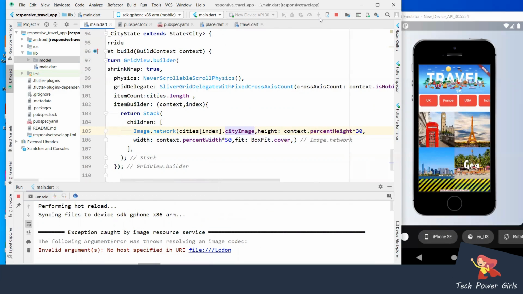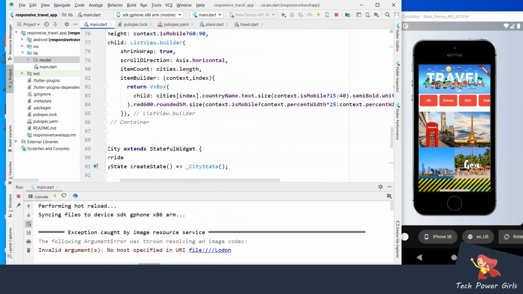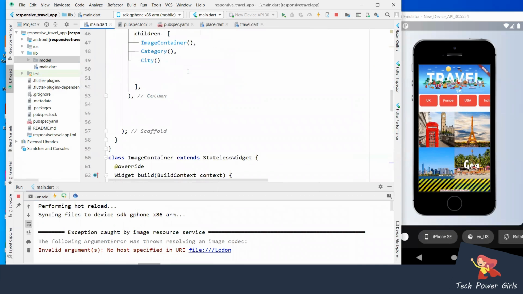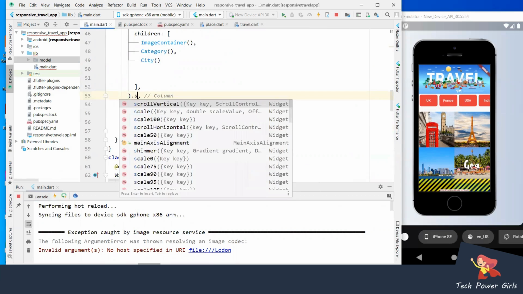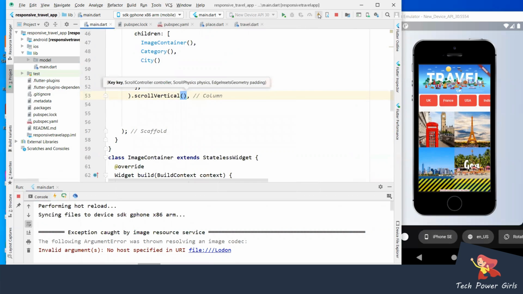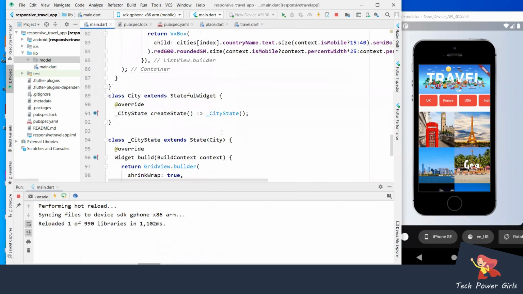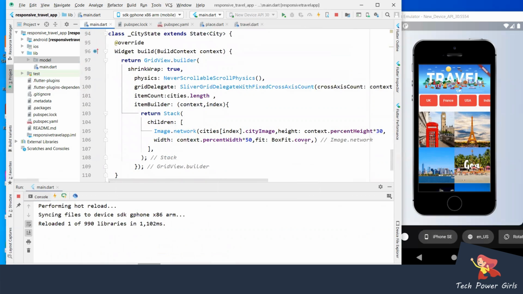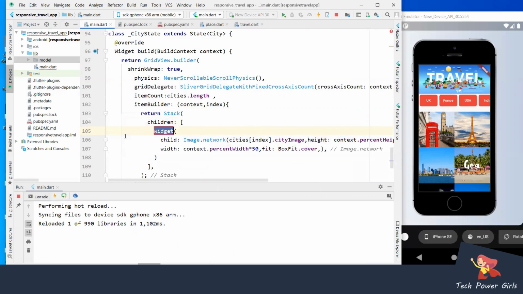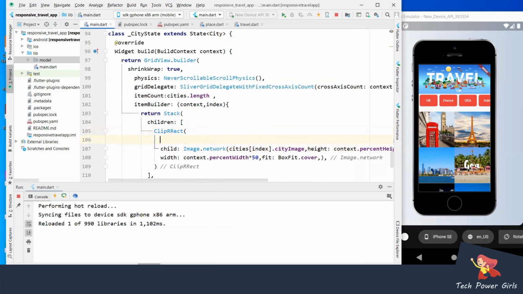So everything is coming. So this scrolling thing, what we can do, we can just add. So this is why I like this VelocityX. I just give here the scroll vertical and it will give us a single child scroll view thing. Then what I can do, I can just have the grid. First thing, this image I will have pre-rect. Okay, and here what I can have, border radius